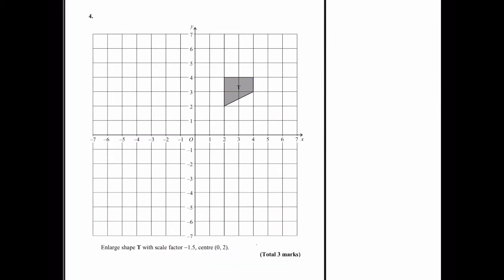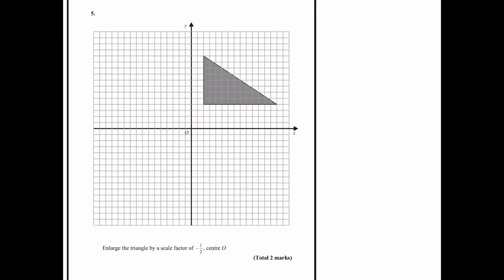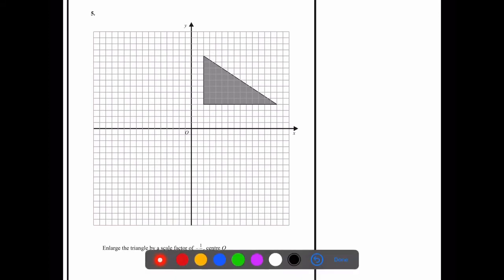All right, question 5. So, enlarge the triangle by a scale factor of -1/2. Okay, so from centre 0, so that's quite a nice one. And you get 2 marks. So, first of all, centre 0 is in the middle there. Okay, and we're going to work out how to get to this point first. So to get to that point, we went 2 across, 4 up. So 2, 4. Okay, and then to do point A,